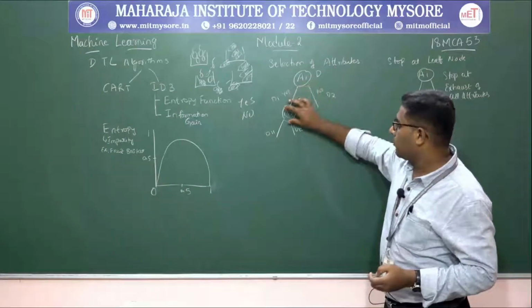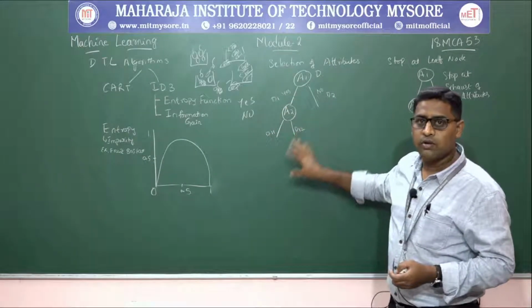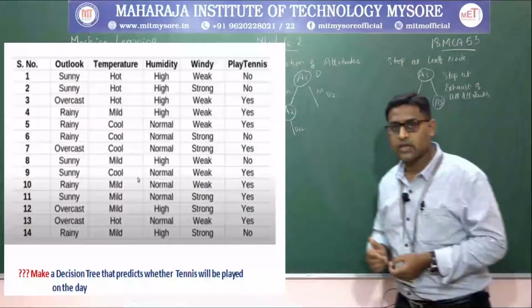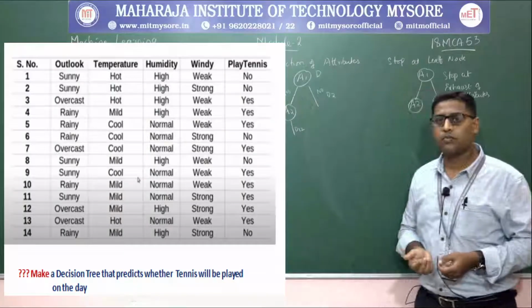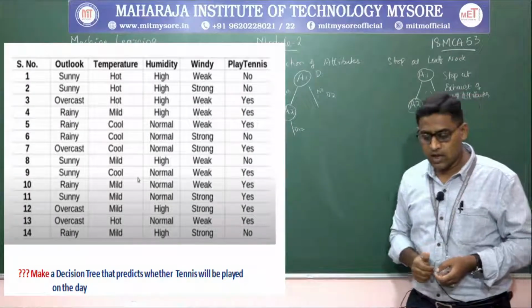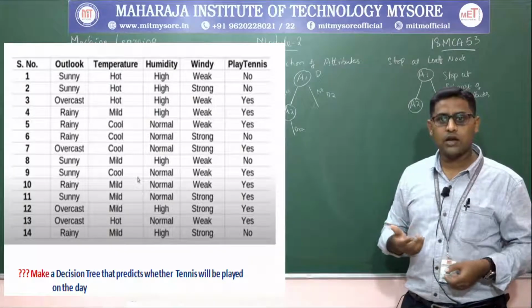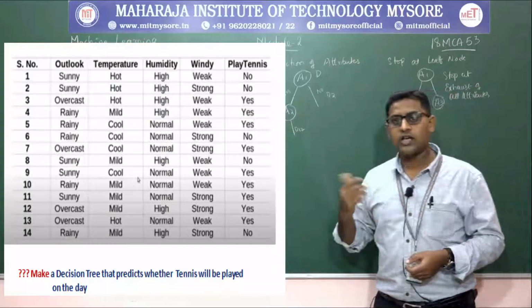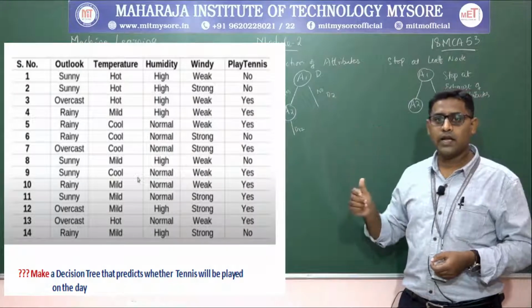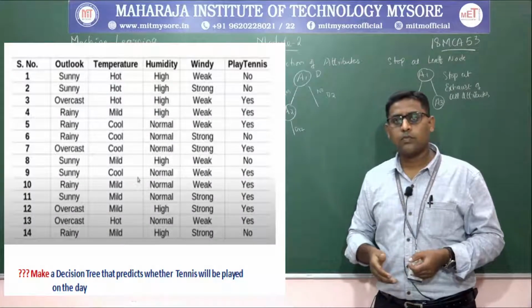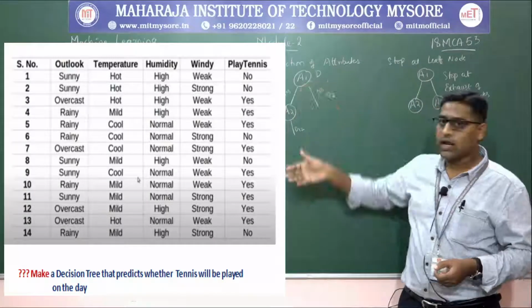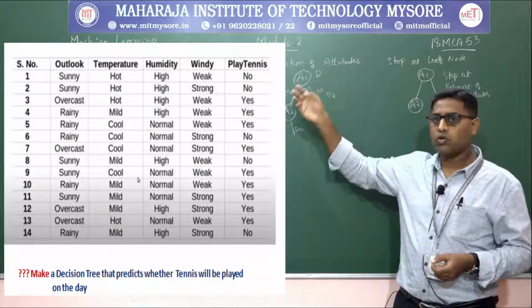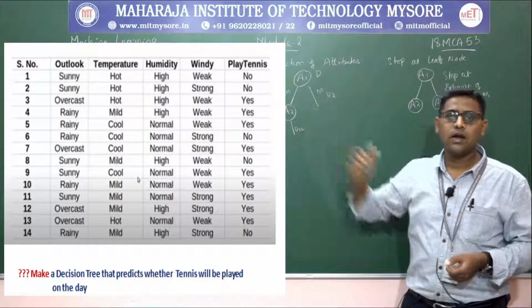Now attribute 1, attribute 2, attribute 3, and so on. There will be so many attributes. So consider the example of playing tennis. When we consider the example of playing tennis, here you have outlook, temperature, humidity, wind, right, or you call it windy. Then playing tennis, that is yes or no. So there are 14 different records which are representing the attributes: outlook, temperature, humidity, windy, and playing tennis.